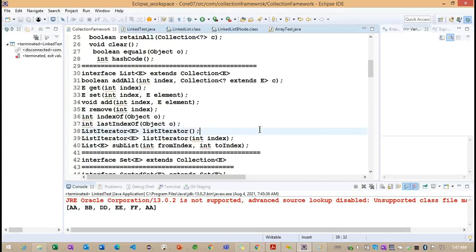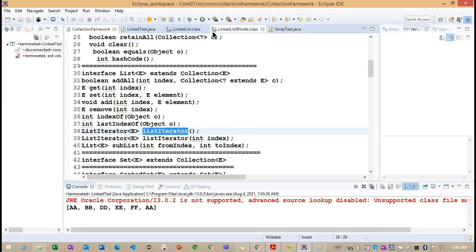So now it's time to move to the queue interface, and for now ignore the list iterator and iterator concepts here. In our upcoming classes, we'll focus on this particular list iterator concept.